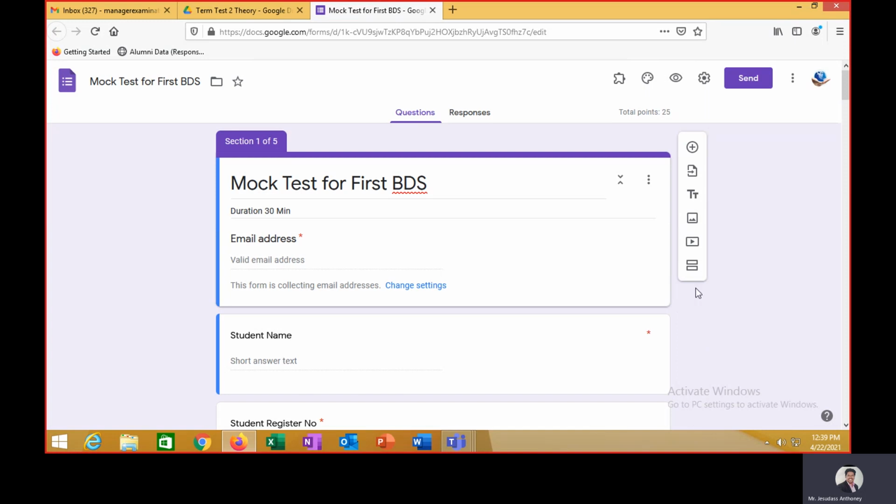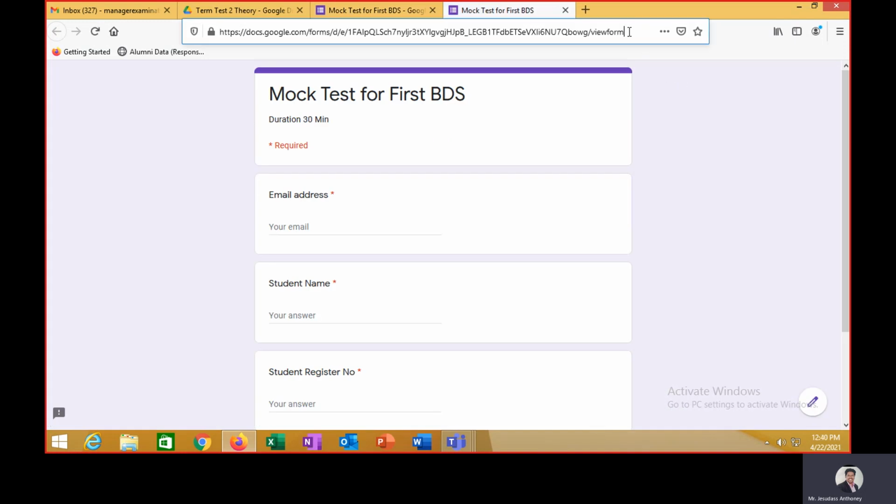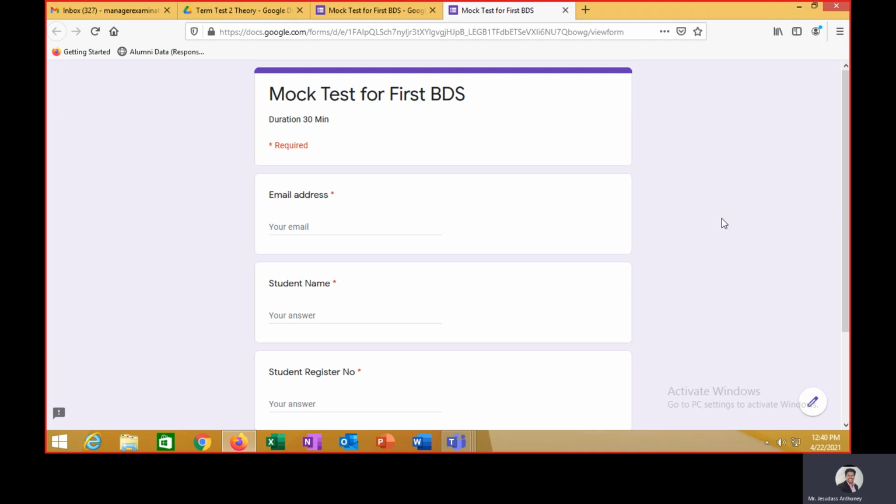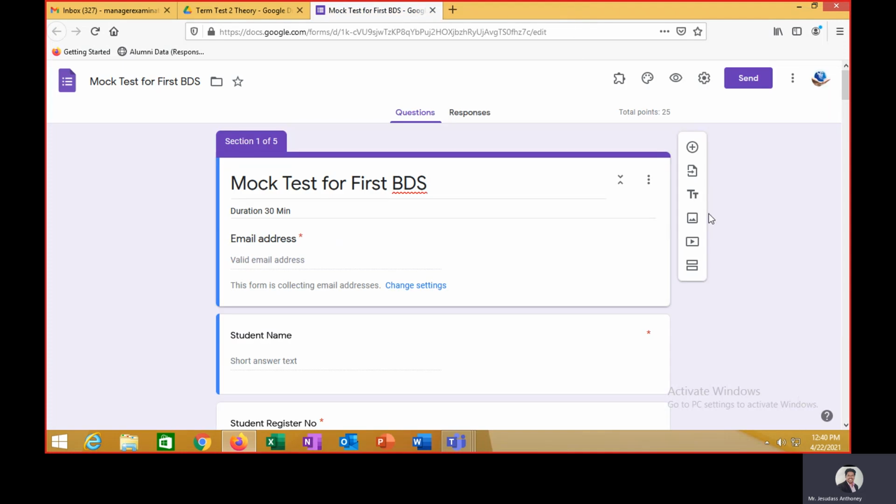Earlier what we used to do is share this form link with the student directly so that they can just log in and start attending the MCQs. But if you are using the proctor tool, we will not be sharing this screen or this link. We will be sharing the link which that proctor tool provides us. Now I'll not waste the time. This is for 25 marks or 25 points according to Google, and I want to associate a proctor to this.